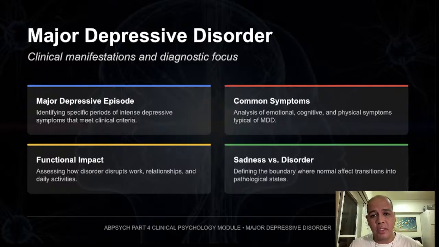Sadness is a normal human emotion. Major depression is a syndrome, a pattern of symptoms that becomes persistent, impairing, and difficult to interrupt. For example, a person may stop attending class, stop answering text messages, stop taking care of basic tasks, even hygiene, and start feeling that even small things require too much effort. That is very different from I had a bad weekend, right? So the key point is this: major depression is not about feeling sad for a while. It is about a sustained collapse in mood, motivation, and functioning.